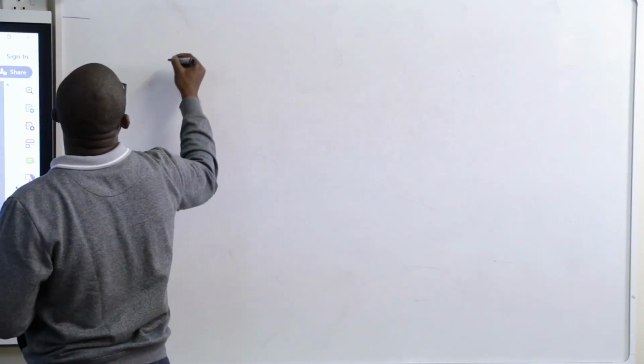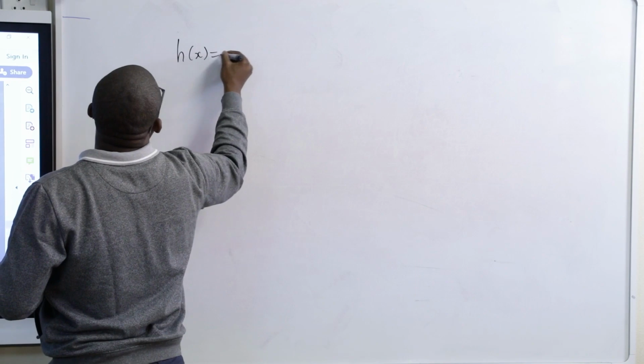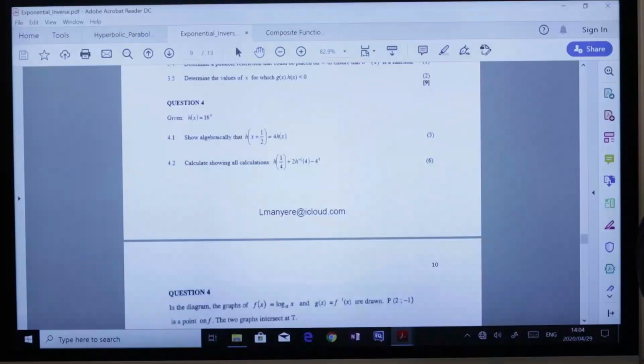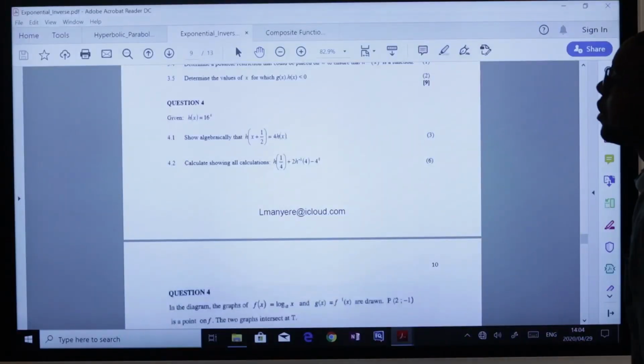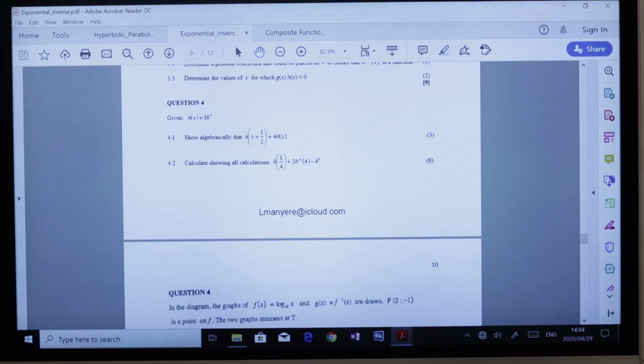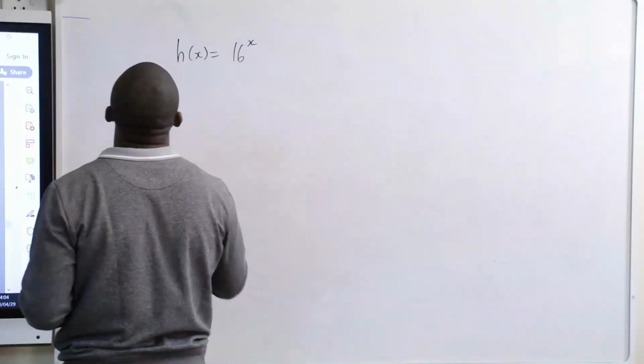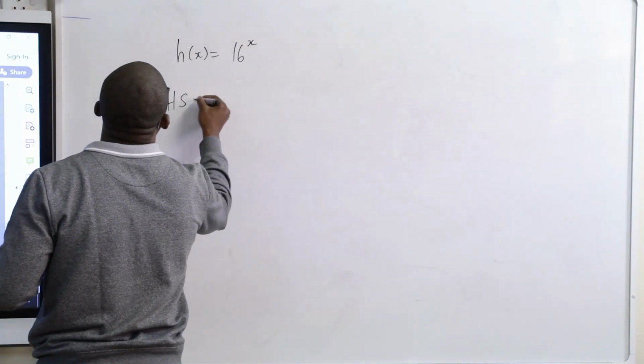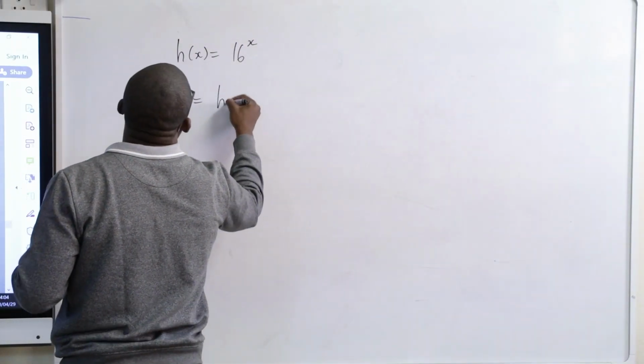We have h of x is equal to 16 to the x. Show algebraically that h of x plus half is equal to 4 times h of x. So I have to do two different things and ensure that they're equal. Left hand side is equal to h of